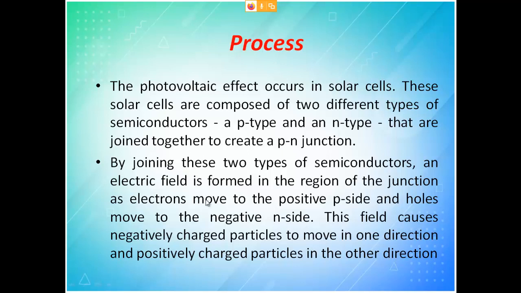Near the junction region, electrons move to the positive side. When you say electrons move to the positive side, not all electrons can jump because this is diffusion. So only on the surface of the p-n junction there will be some flow of electrons. Electrons move to the positive side and holes move to the negative side. Literally speaking, there is no hole movement. Holes cannot move, only electrons can move.